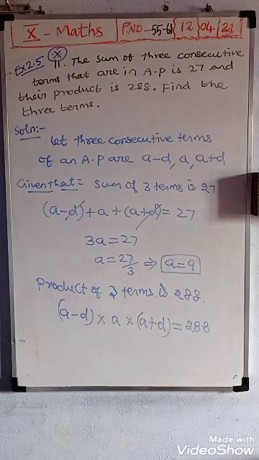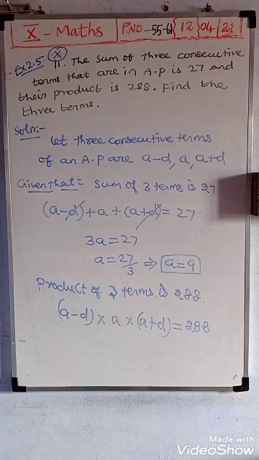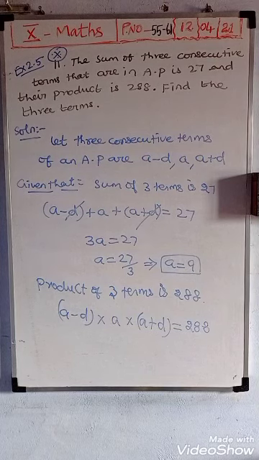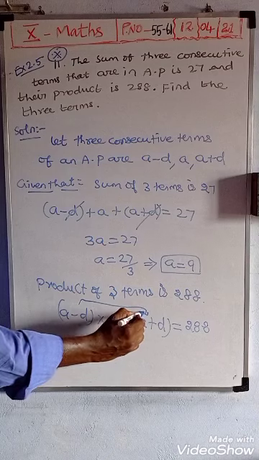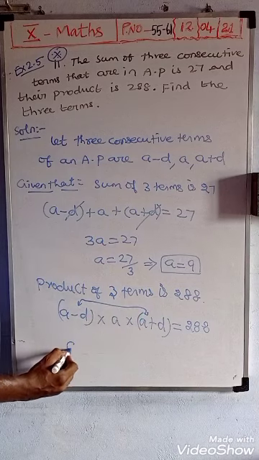Okay, using the result we will first find the A and D values, the first term and common difference. Using the first term and common difference we will receive the three terms. So what are the three terms you will find out? Now you should take the product. How do we take the product of these two? You should compare these two, writing A in front.